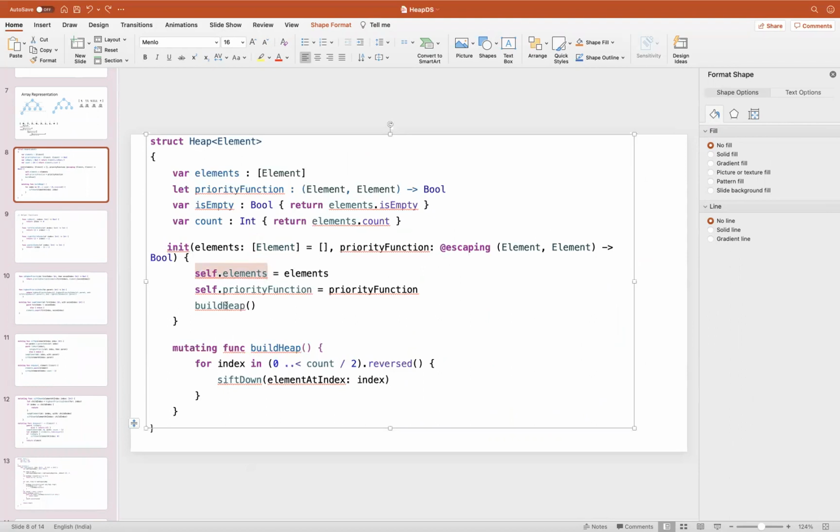So I call a build heap function, and what it does is find the last parent. This statement means starting from 0 to count by 2.